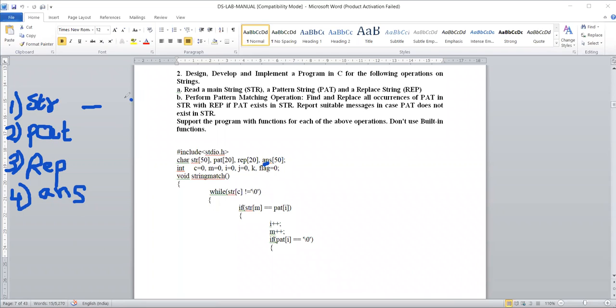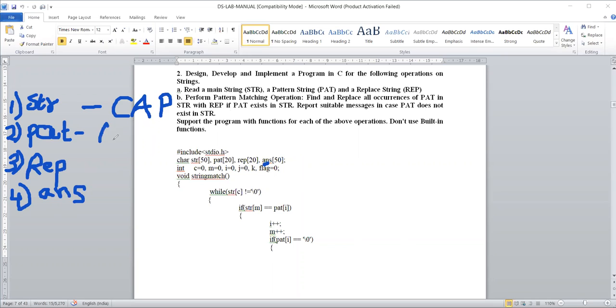Let me take a simple example: C A P, cap. A simple 3-letter word, for ease of our understanding and tracing. Let cap be the main string, that is the input string.